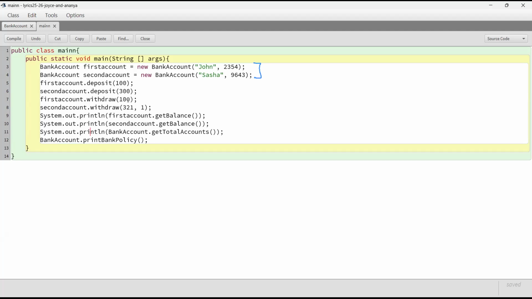And what is the purpose of this line? Oh, so this one takes, oh sorry, these are the objects. I said the wrong thing. It belongs to the class. So then from the class it finds out how many total accounts there are. Okay. And are we able to access